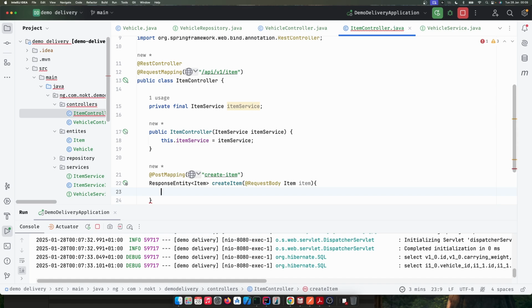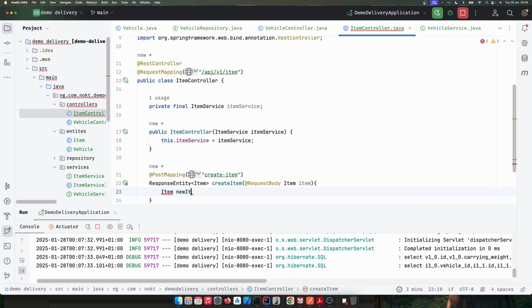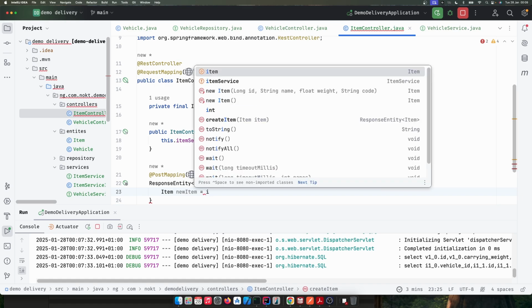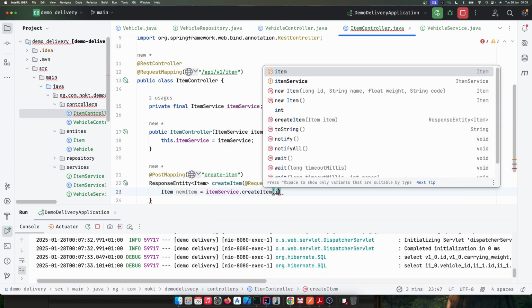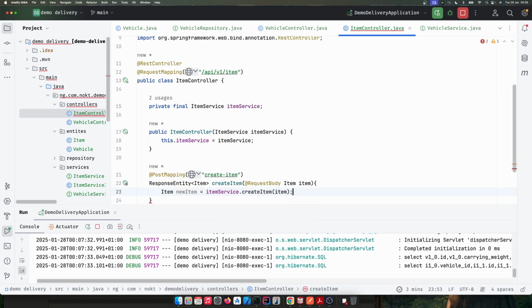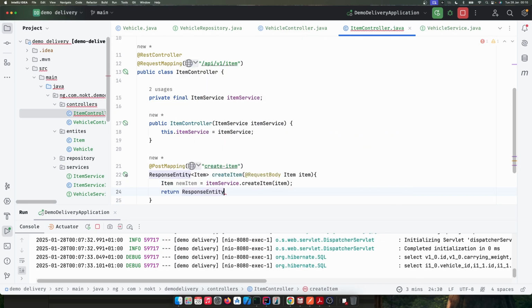So we can now proceed to create our item. So I can call this, let's call it new item, is equal to item service create item, and we can return response entity dot OK